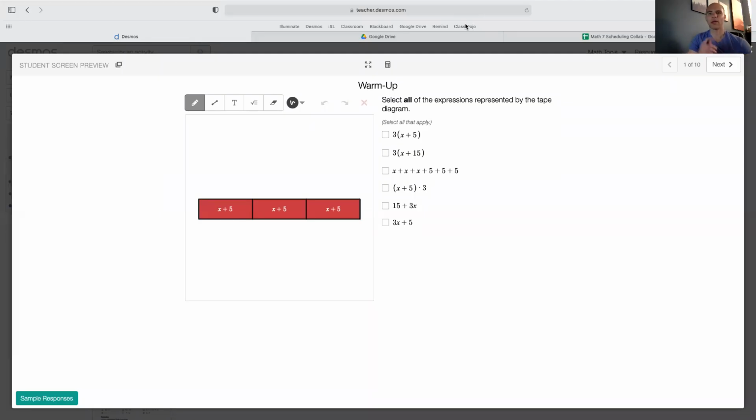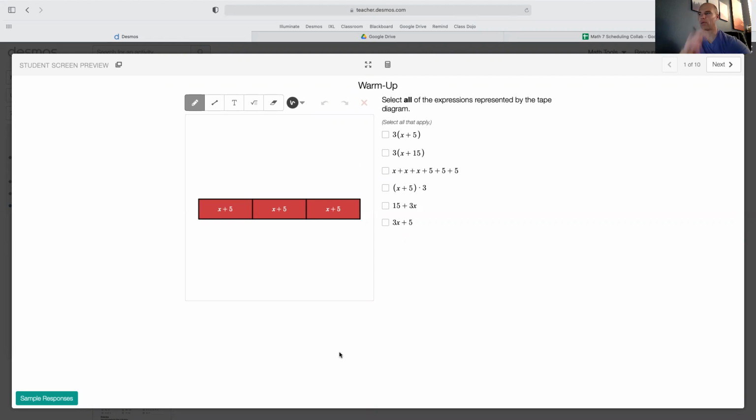Hey everyone, let's do the practice problems for lesson 7 together. So, practice 7.06.07, whatever Desmos likes to call it. Let's do this one together today. So I've already got the warm-up screen up, and it says select all of the expressions represented by the tape